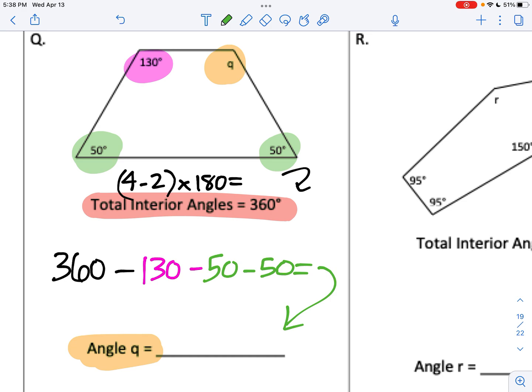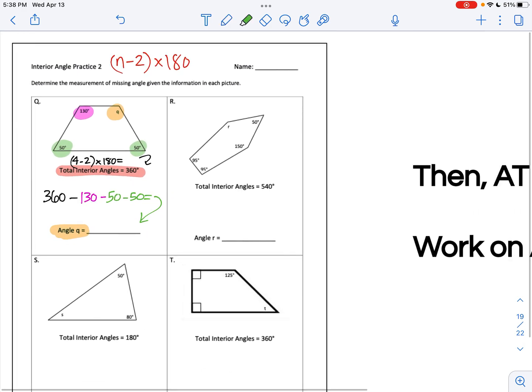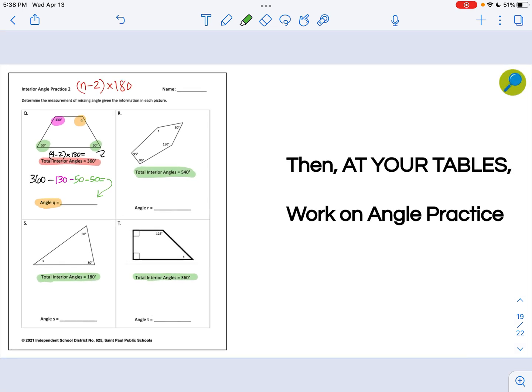All right? So you need to double check that I really put the right answers here because I'm pretty sure one of them is wrong, but maybe not. You'll have to check. All right? And then see if you can find the missing angle. Your guest teacher has the answer key. You can check your answers against mine when you're done. If you still have time at the end,